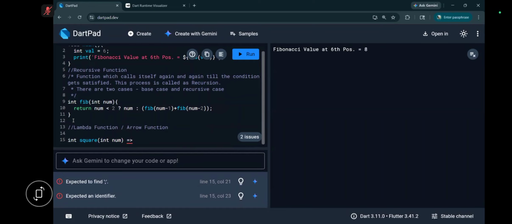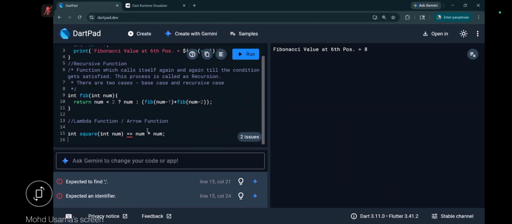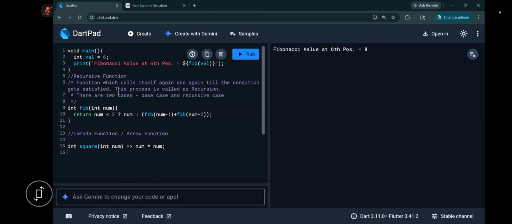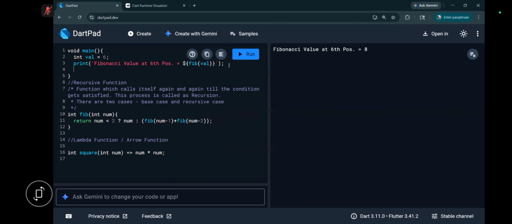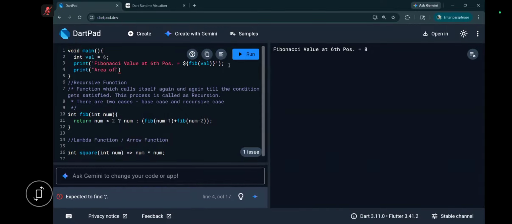Okay, this is an arrow function. And you don't need to give a return type because I've already given int as a return type. So you just give the expression now. Okay. Now how do you call this function? Very simple. We'll print. This will be applied in area of square, right? Area of square